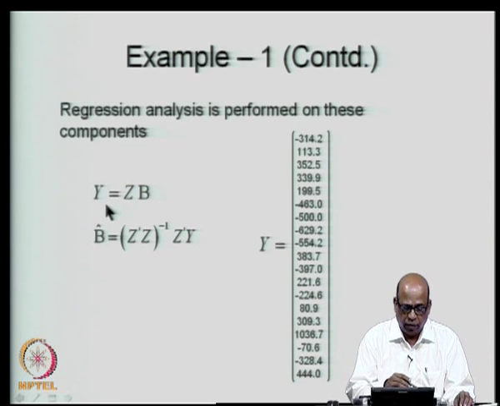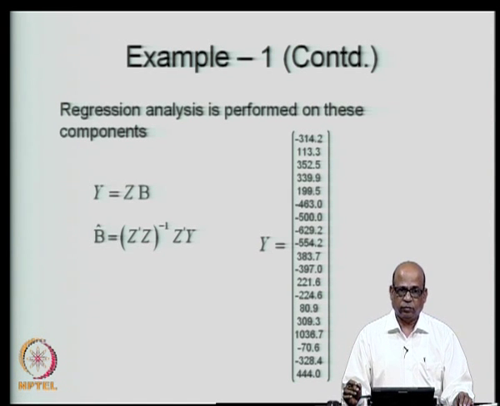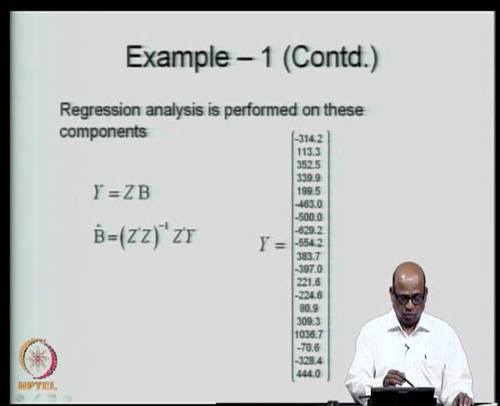Being a multiple linear regression, we have seen how to estimate b. So, we call it b cap equals (Z dash Z) inverse Z dash y, much the same way as we did for our multiple linear regression with the original variables,